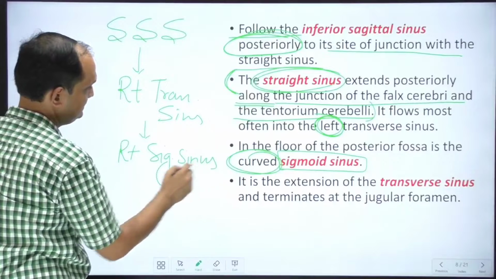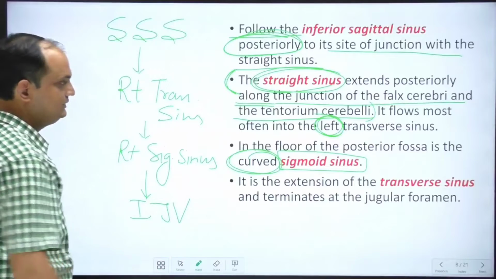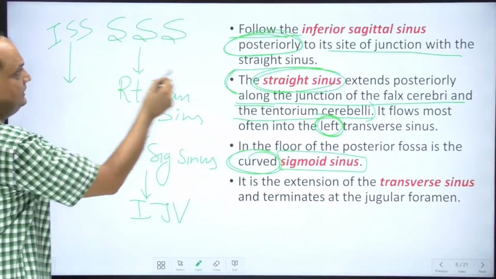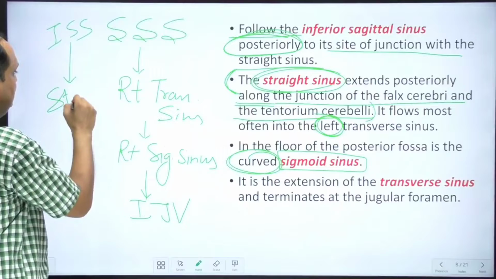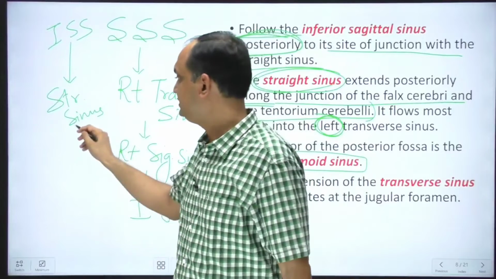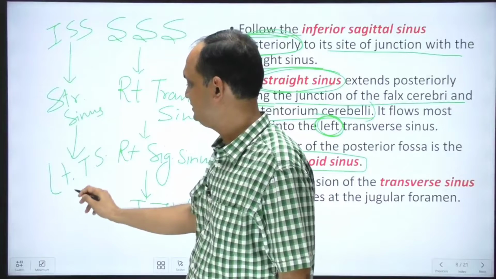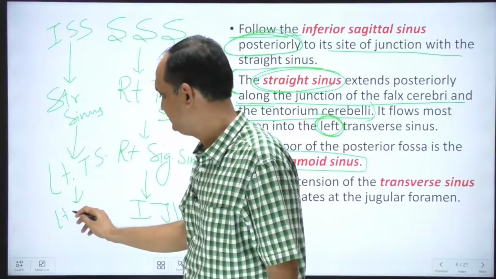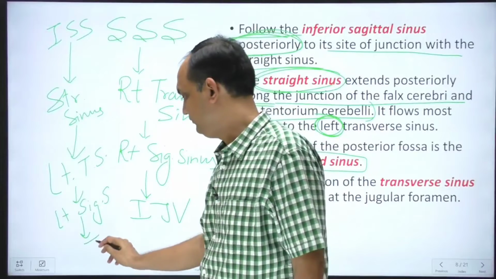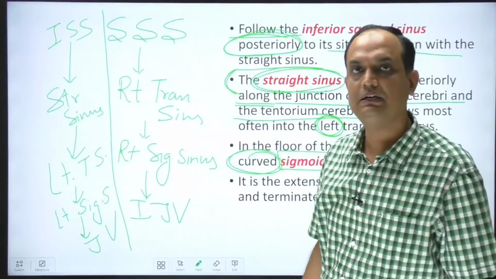The right sigmoid sinus ultimately continues as the internal jugular vein, it comes out as the internal jugular vein, while the inferior sagittal sinus joins with the straight sinus. The straight sinus forms the left transverse sinus. The left transverse sinus forms the left sigmoid sinus, and the left sigmoid sinus then forms the left side jugular vein. Clear? So this should be very clear in your mind when you are seeing the right and left internal